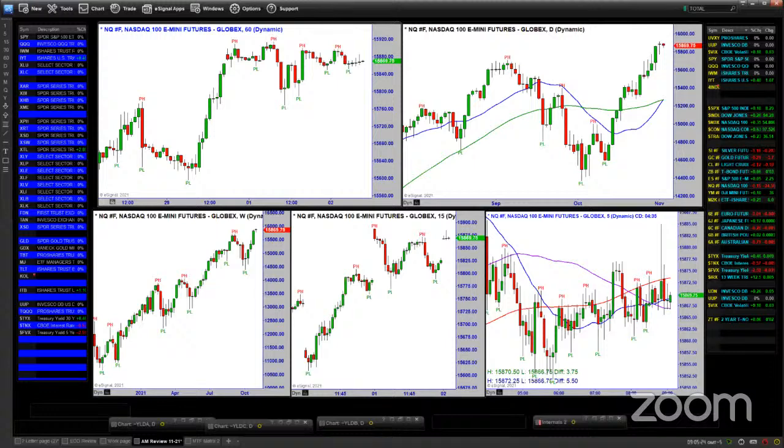In this particular index, I don't know why this happens, but I've seen it over the years so often where you get a move like that and you get a little attempt to roll over. I know it's not exact, but if you equal the lines there, that would put it around 16,000 or so, and it's a big whole number. Usually it sets up at some resistance area, which there's none here, since it's new all-time highs. But this is just one of the ways of, I guess, a guesstimate that something has possibly run its course